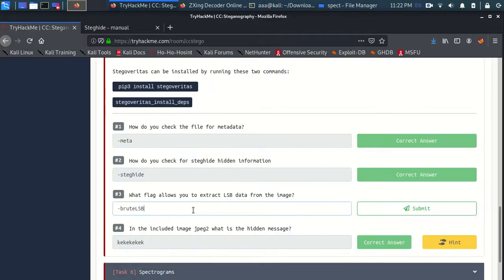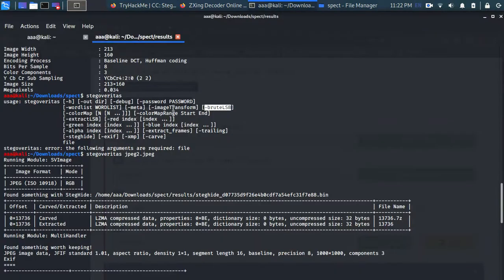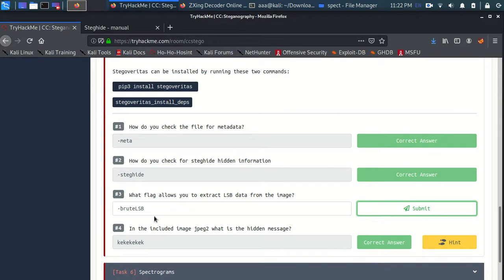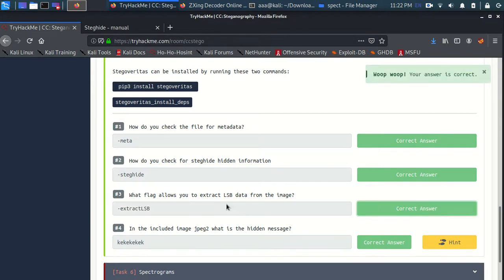Oh, that's the wrong answer. Which flag allows you to extract the least significant bit data from the image? Okay, here it is. This is the extract LSB, and yep, that is the correct answer, and we have done with this thing as well.